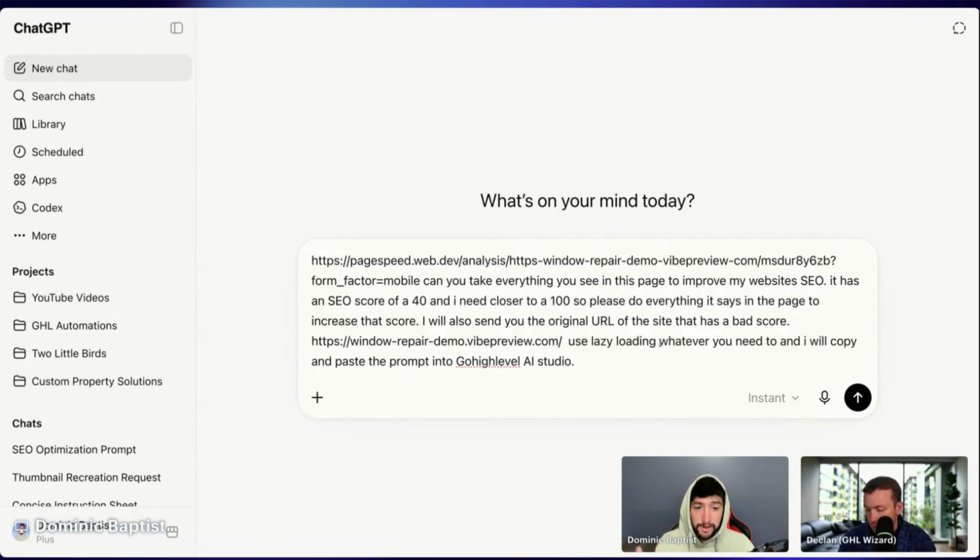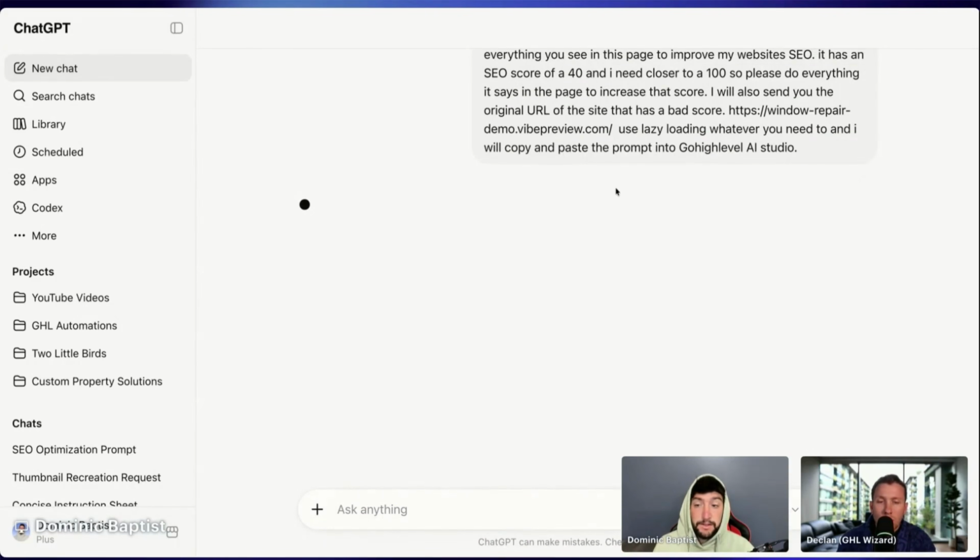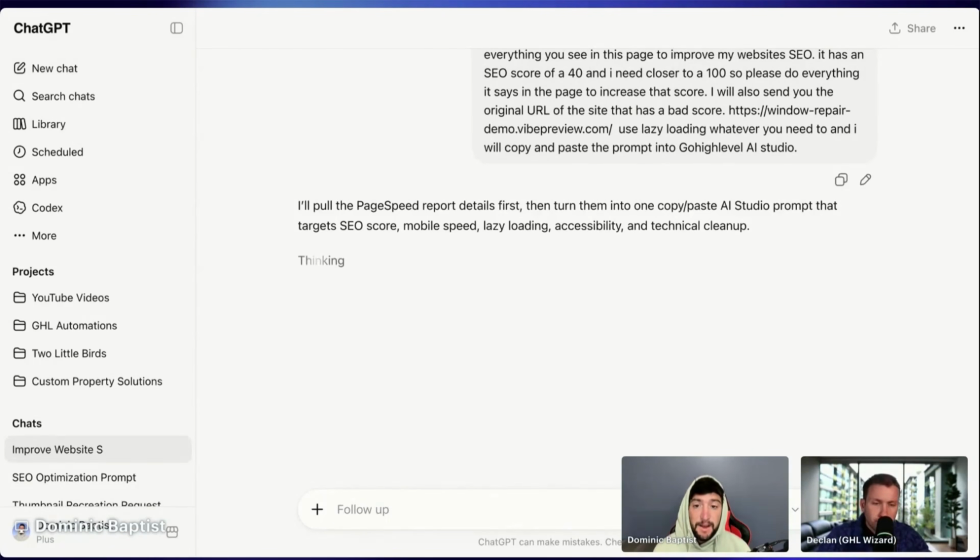So I was pretty vague. I mean, I didn't say anything too specific, nothing that you guys can't also type right here. And we're just going to see what it does. Usually it will have enough information based off of the Insights tab that it can do everything that we need it to do. I will like to point out, and we will be going back into AI Studio very soon,